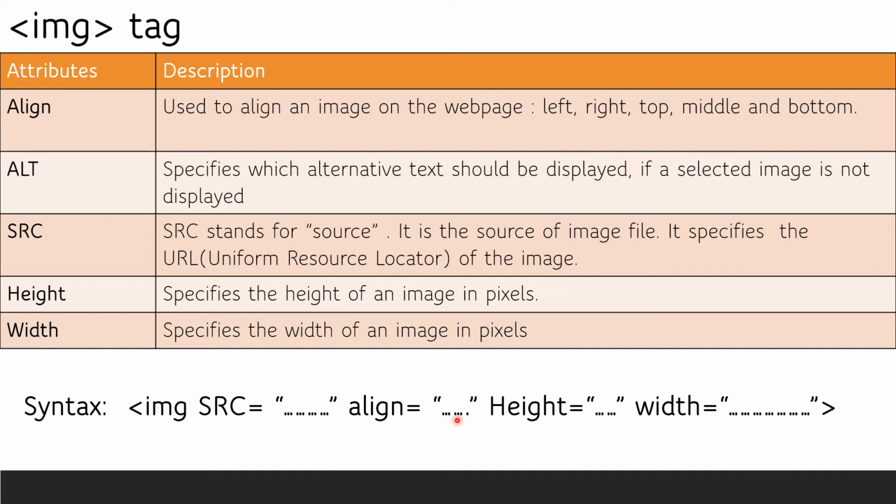What is JPEG? The full form is Joint Photographic Experts Group. This JPEG contains a background. Some pictures have a blue background, red background, beautiful background, or blurred background. That is a JPEG picture. And PNG is Portable Network Graphics, which means the image will be without a background. So while saving the picture, you have to take care what type of image you want to insert on your web page.